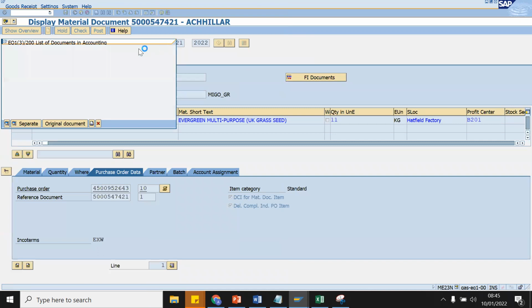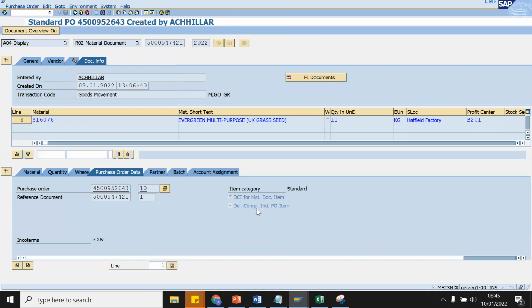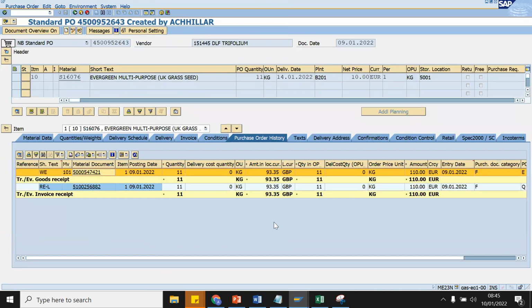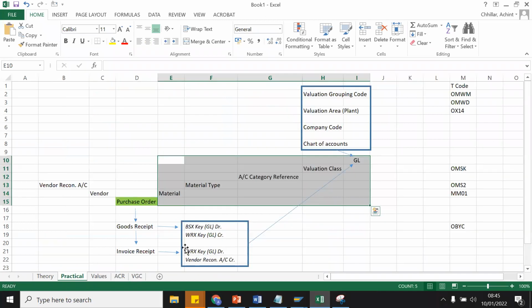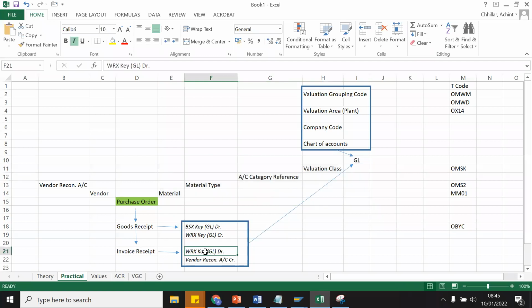Now, the GRIR account is being credited here because, one second, you can see here the GRIR account is credited. When we do the invoice, this GRIR account will be debited and the vendor reconciliation account will get credited.